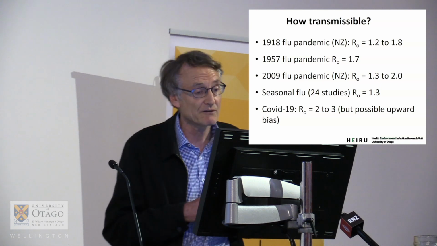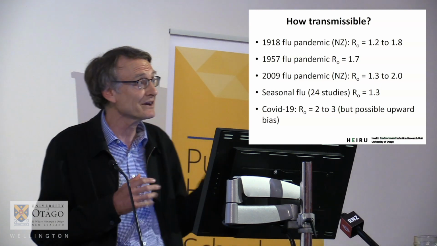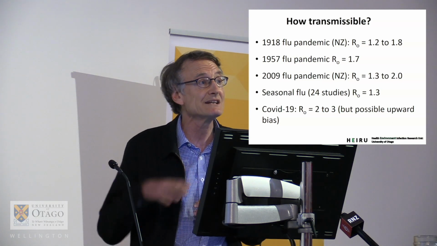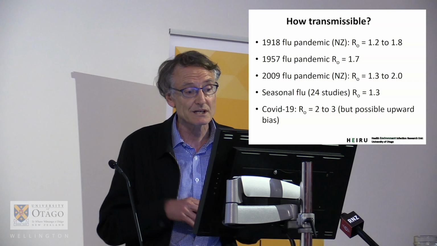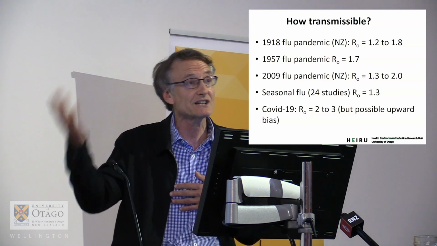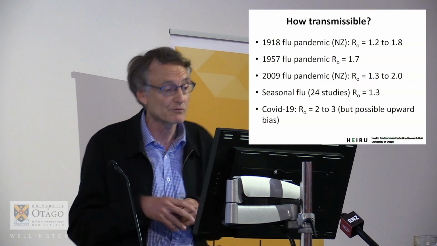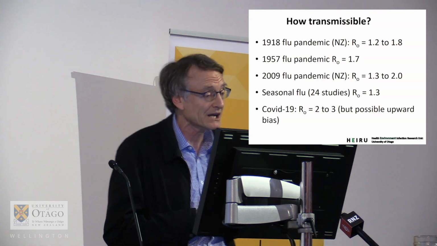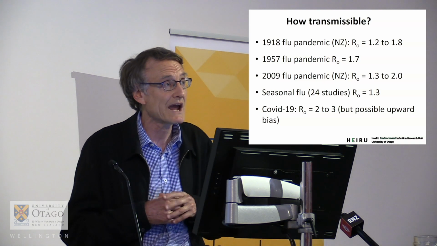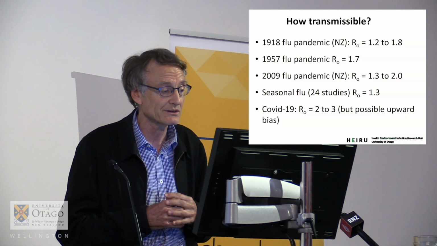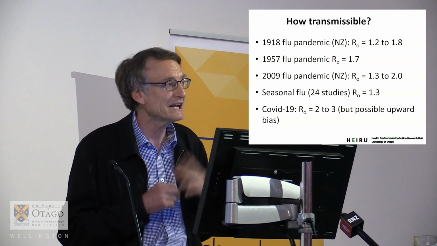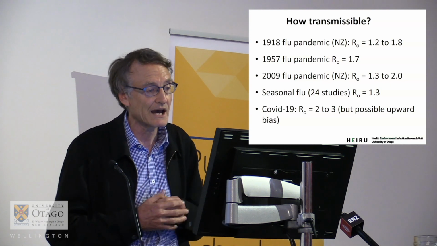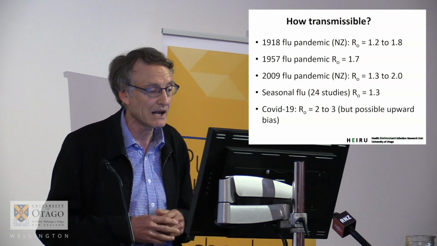So that was a pretty infectious disease. There was another influenza pandemic that hit New Zealand in 1957, and that was nearly reaching one person infecting two other people, with a reproduction number of 1.7. The 2009 pandemic, also roughly in that range. There's 3 studies that looked at that for New Zealand. And many studies around the world have looked at seasonal flu and give it a reproductive number in that similar